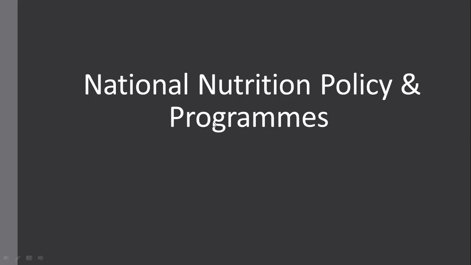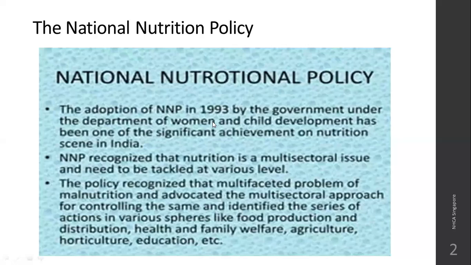So we'll start the session. We'll just brush upon certain existing nutritional policy and from where it began. So the NNP, National Nutritional Policy, was developed in the year 1993 by government under the Department of Women and Child Development. We also have a Ministry of Women and Child Development. It has been one of the significant achievements in India. If this policy was not set up, we would have been lagging behind a lot in our nutritional development